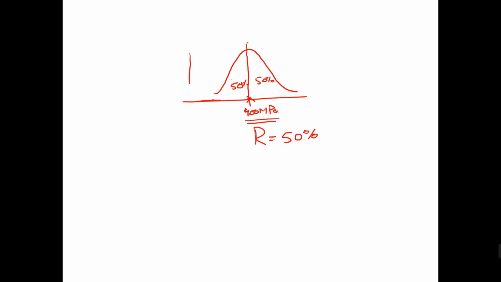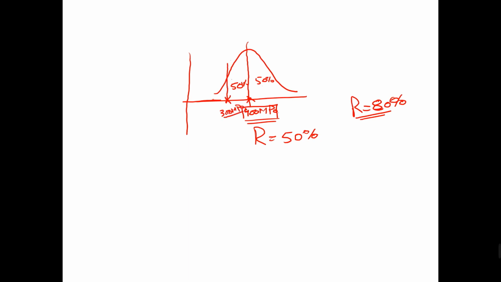And let's say someone wants you to design, to select a material, so select the same material, but what is the strength of that material for a reliability of 80%? If you want a reliability of 80%, it means the amount of stress for which only 20% of parts fail but the remaining parts are safe. For that you have to reduce the stress. Let's say this value is 300 MPa.